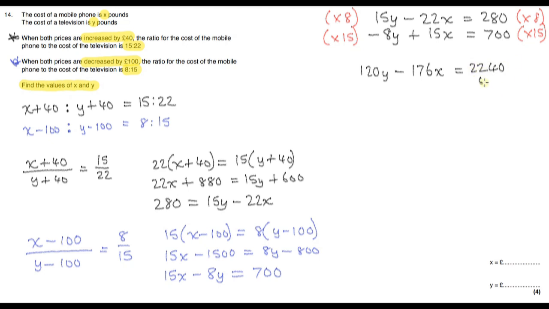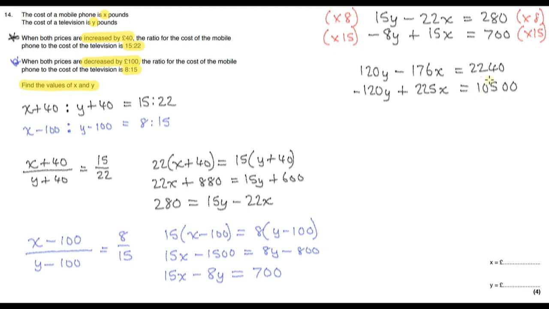Okay, so this is actually quite a tricky question, especially for a non-calculator paper. But let's keep going. Let's do the second equation. So we're going to have negative 120y, obviously it had to be 120 because we're equating the y's. 15x times 15, that's going to be plus 225x. 700 times 15, well, 7 times 15 is 105. So it's going to be